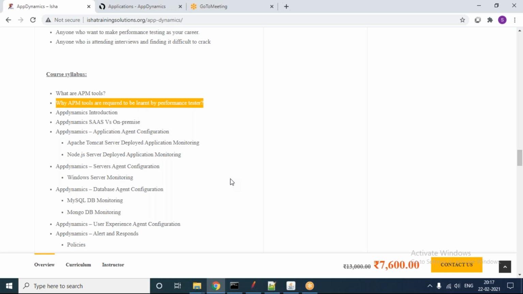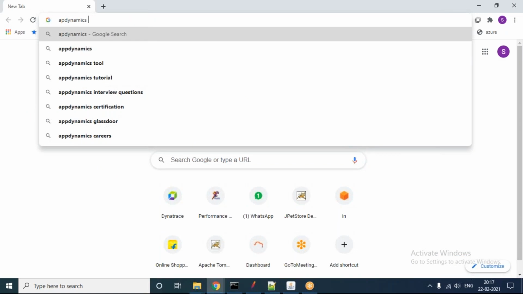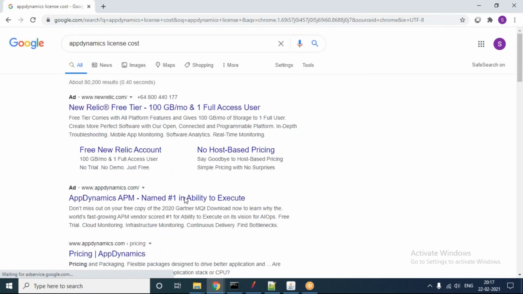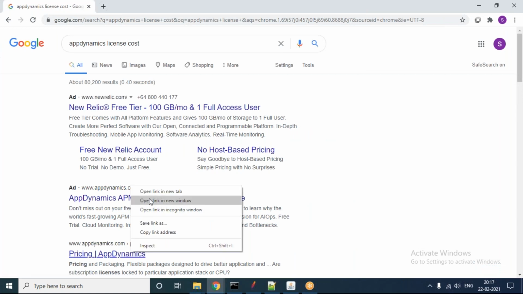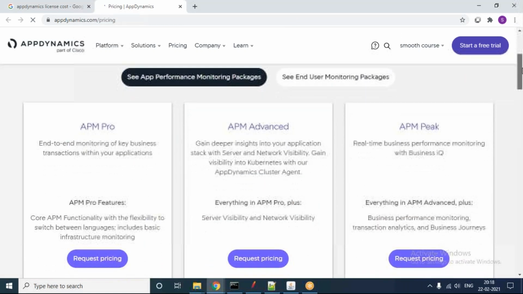So if you are checking like this, just a minute. This is how it is there.